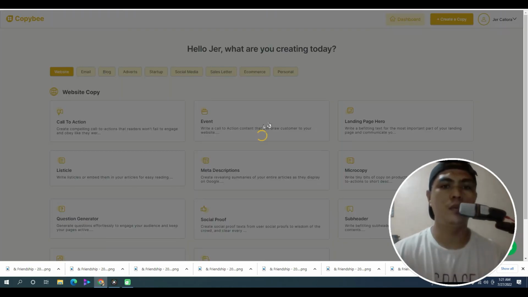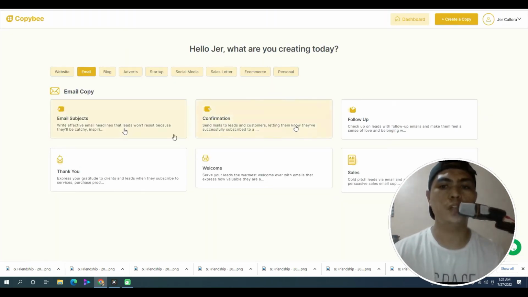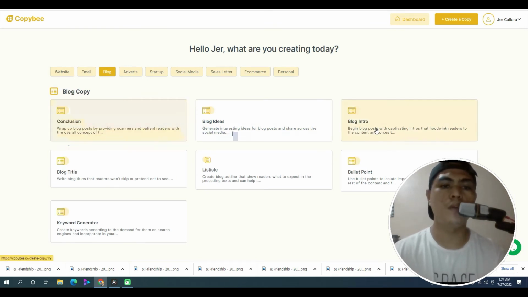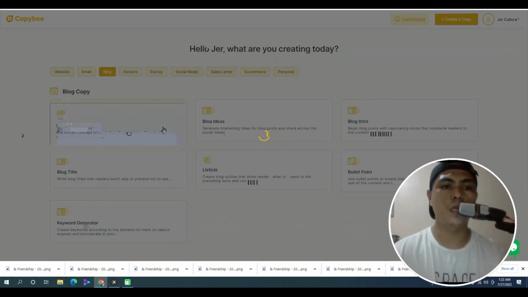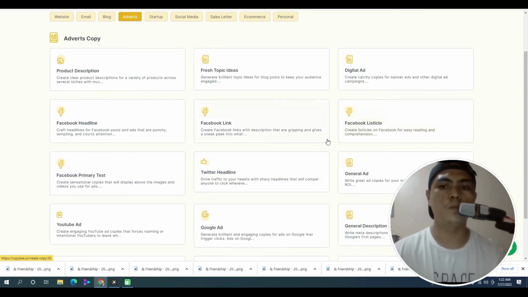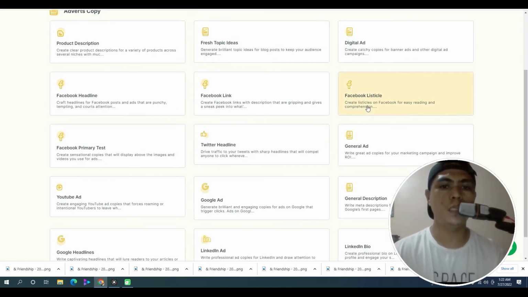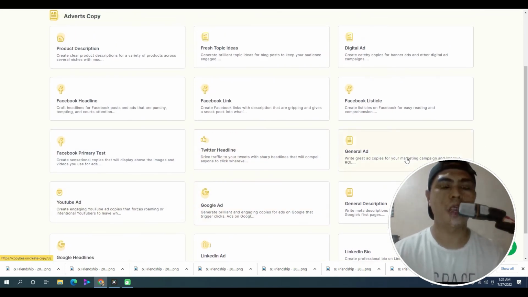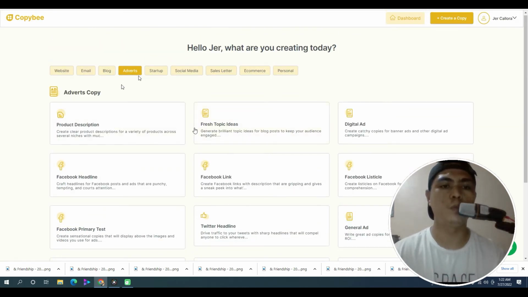And then with email, you can create email subjects, confirmation, follow-ups, thank you emails, welcome emails, sales emails. You can produce content for your blogs, conclusion, blog ideas, blog intros, blog title, bullet point, and then keyword generator is included as well. Adverts, you can create product description, fresh topic ideas, digital ad, Facebook headline, Facebook link, Facebook listicle, Facebook primary text. So there's a lot of templates that are included inside of adverts copy right here,